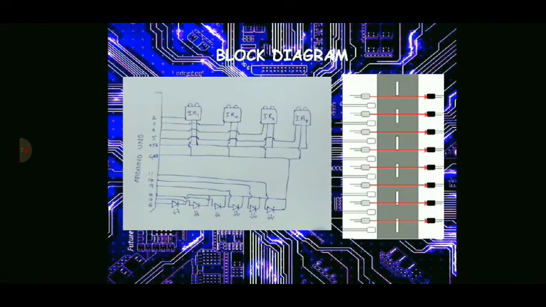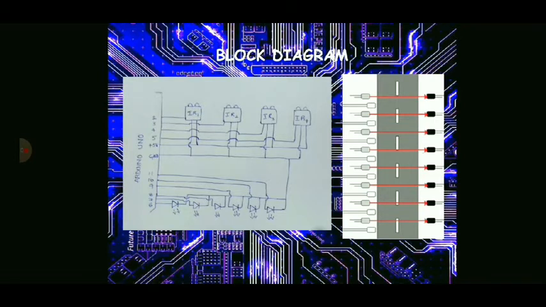This is the block diagram of our project. The output pins of each IR sensor are connected to the Arduino board as shown in the figure. The output pin of IR sensor 1 is connected to the second pin of Arduino. Similarly, IR sensor 2, IR sensor 3 and IR sensor 4 are connected respectively to pins 3, 4 and 5. The VCC pins of the IR sensors are connected to the 5 volts pin in the Arduino and all the ground components are connected.